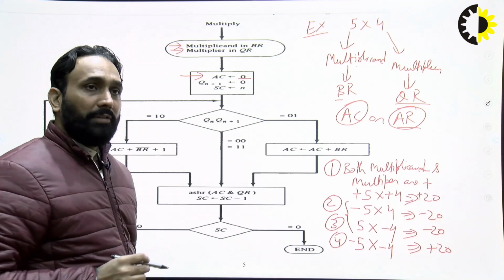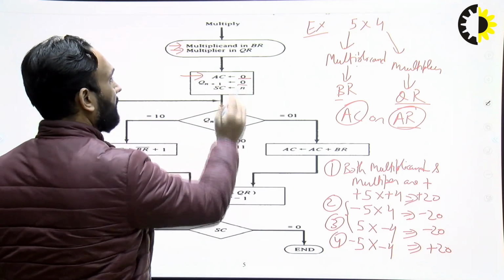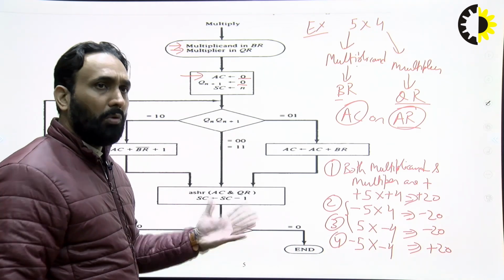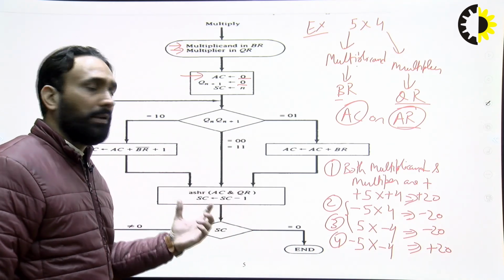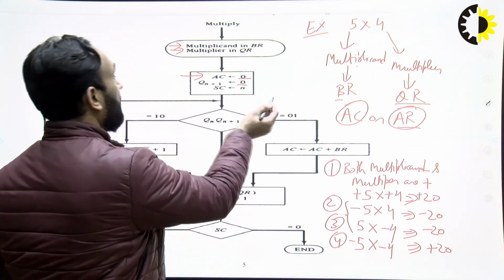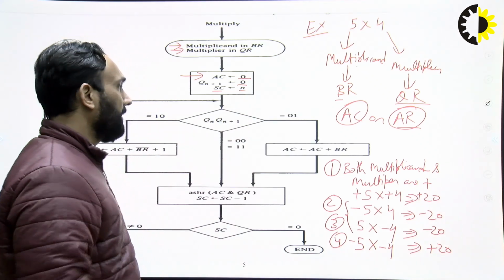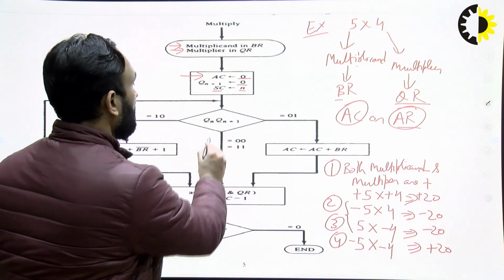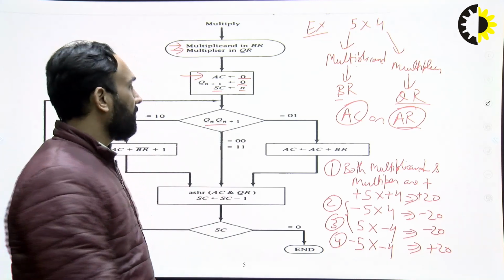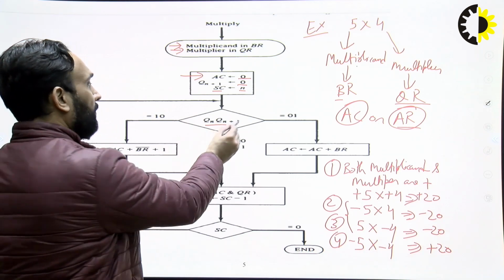By default, the value of Qn plus 1, or we can say Qn minus 1, is 0. That is the mode of consideration, how we will judge these values from the left side or right side, and the sequence counter value is n. So the deciding parameters in this algorithm are Qn and Qn minus 1, or we can say Qn plus 1. Here we consider the bits of these two